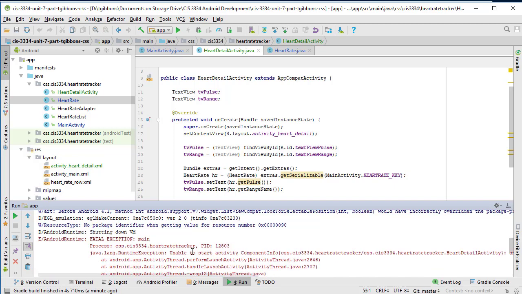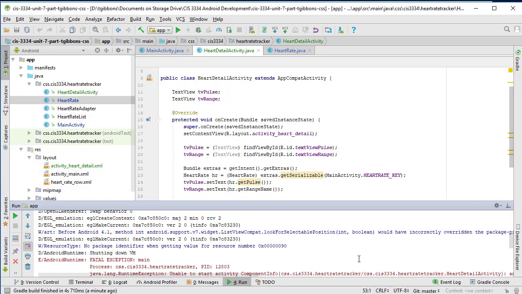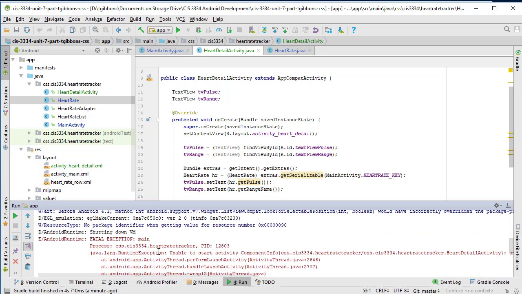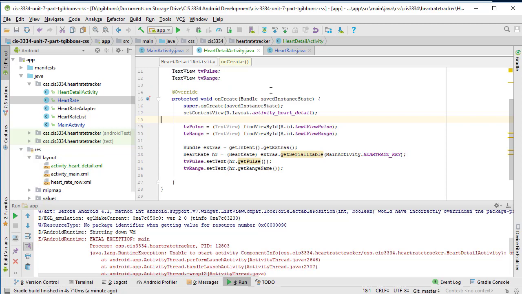You also can scroll up and you can see the error message. I guess we're just getting unable to start activity here as our only error message that's helping. So then it's a little bit of a challenge here. What I think is the problem is I've tried this without the pulse, with just range, and it works fine, and there's something tied into the pulse here. So if I look in a little more detail at my heart rate detail,